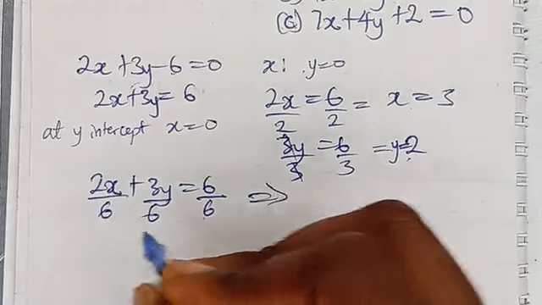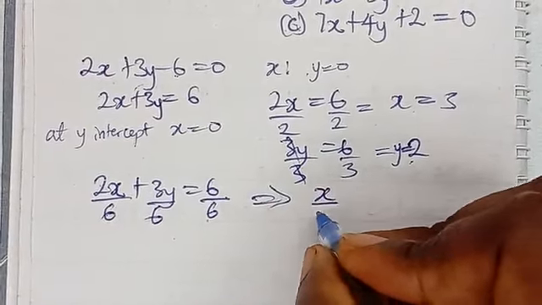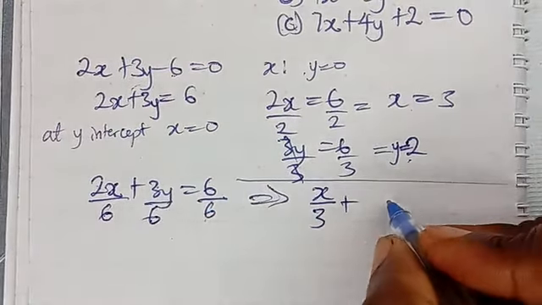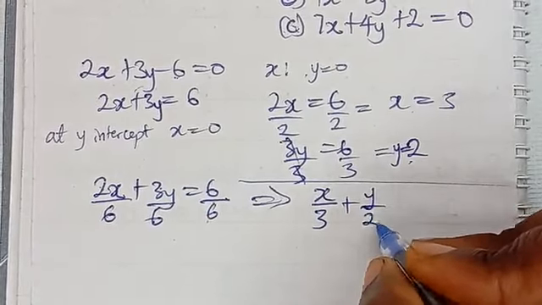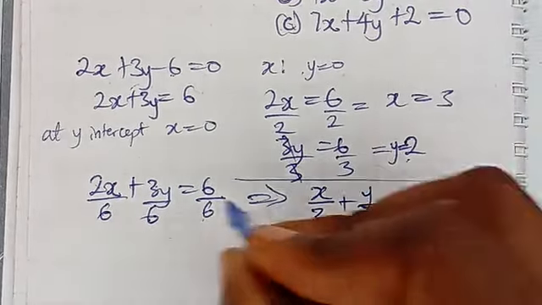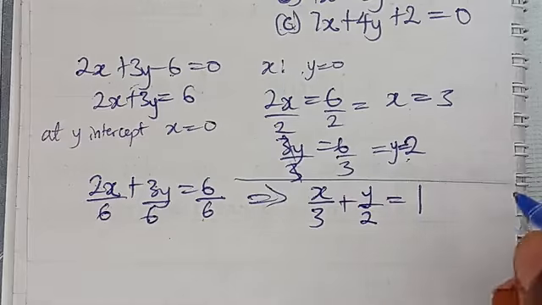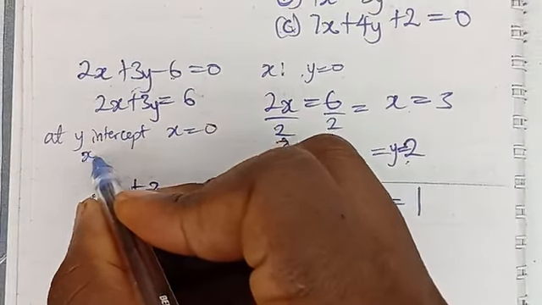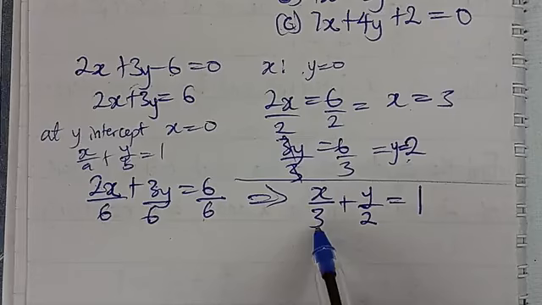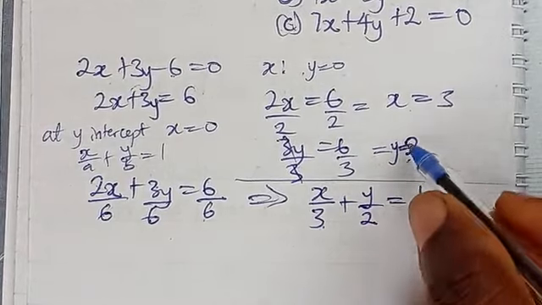When we do that, we are going to get 2 over, that is 2 into this, we have x over 3 plus into itself we have y over 2, right? Because 3 divides 1 and then 3 divides 6 to give us 2. 6 over 6 is 1. So we've gotten it in that form that says x over a plus y over b equal to 1. So we can now see from this that x-intercept is 3 and y-intercept is 2,